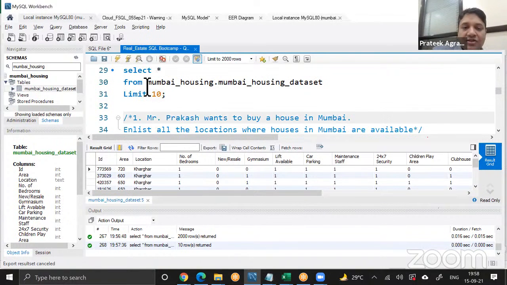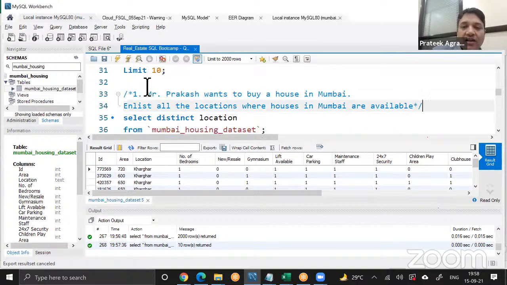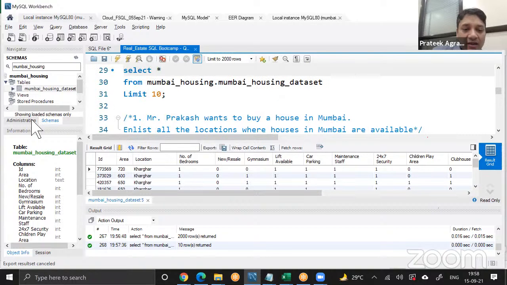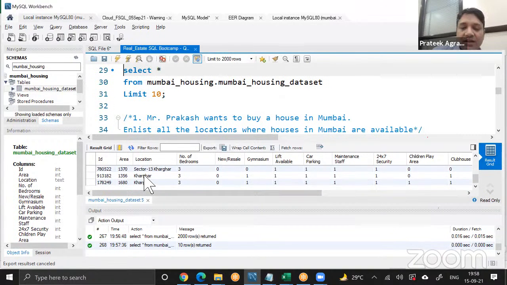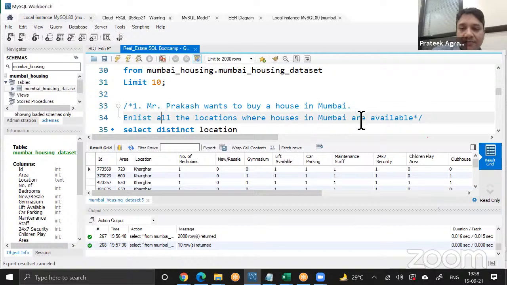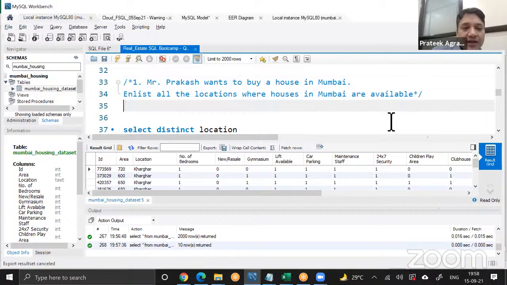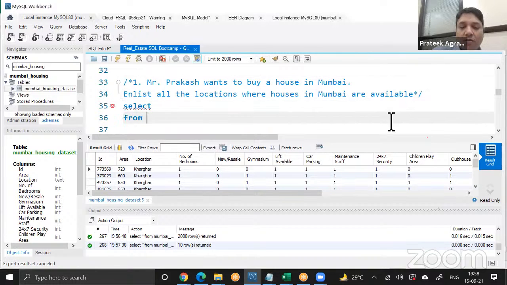Okay. Mr. Prakash, let's say a potential buyer, wants to buy a house in Mumbai. Now the question is, enlist all the locations where houses in Mumbai are available. Because remember, if I look at this, there are multiple locations in the table, many locations. Do you understand? So if I simply write here, select from Mumbai